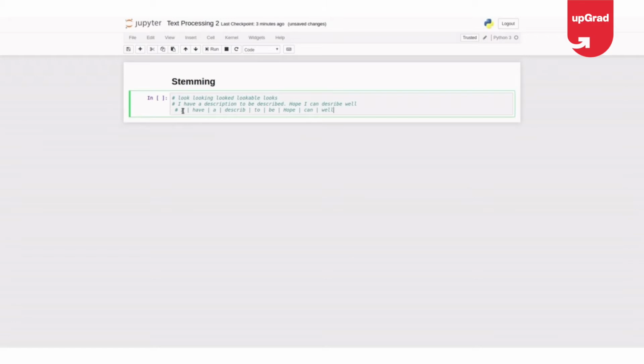So these are all the words in this sentence. So I am summing up these description, described, and describe to a stem word called describe, because I need not create three different vectors of these three. I can stem it to one single vector with this word.